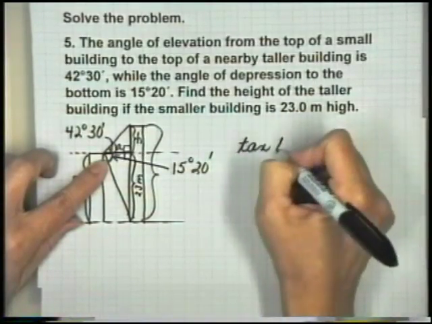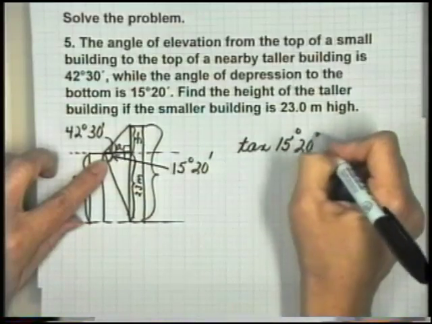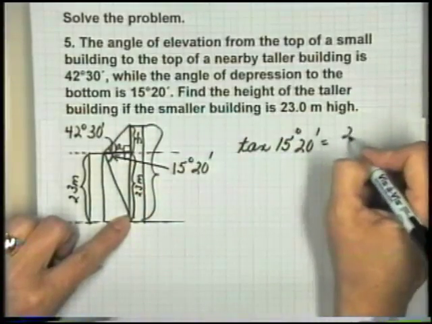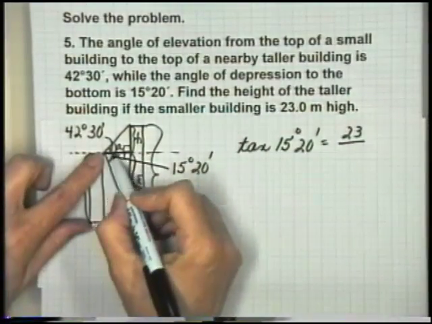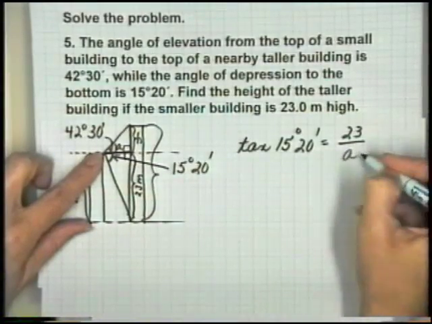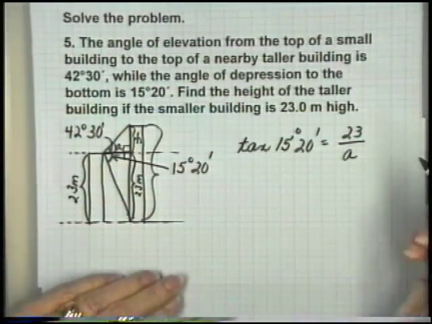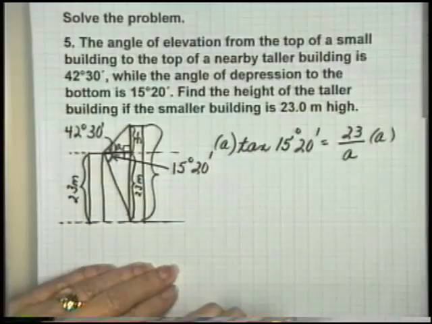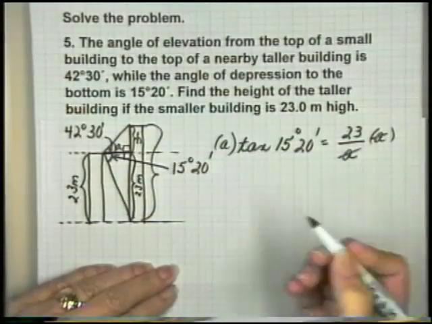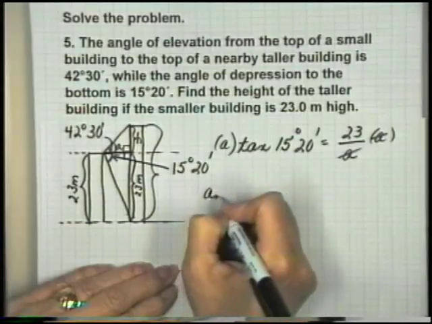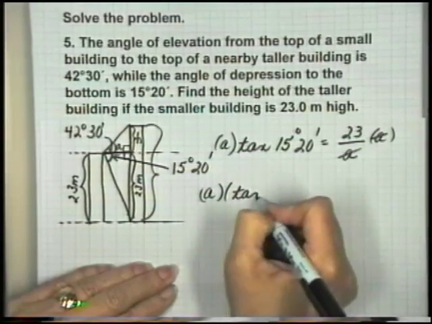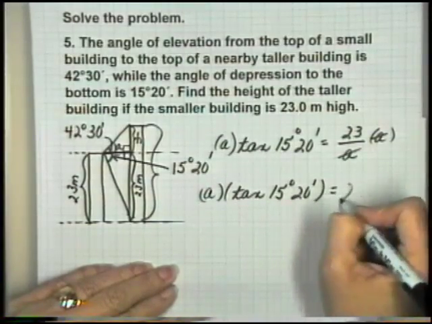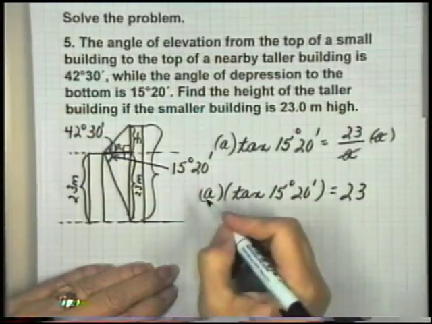So I can say that the tangent of my 15 degrees 20 minutes is equal to the length of the opposite leg, which is 23, divided by the length of the adjacent leg, which is A. And so to solve for A, we'll multiply both sides of the equation by A. These will divide to 1, and we're left with A times the tangent of 15 degrees 20 minutes equals 23,